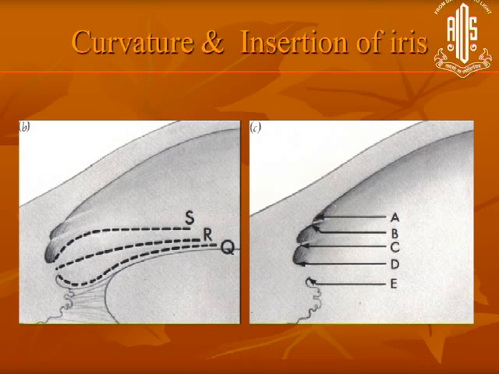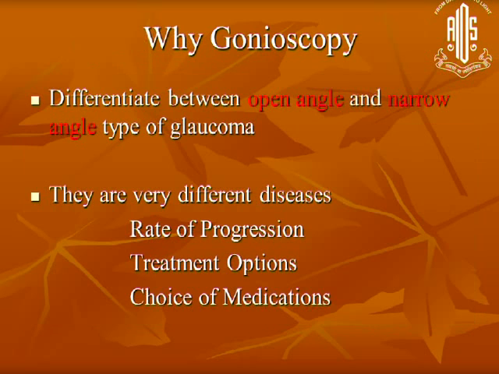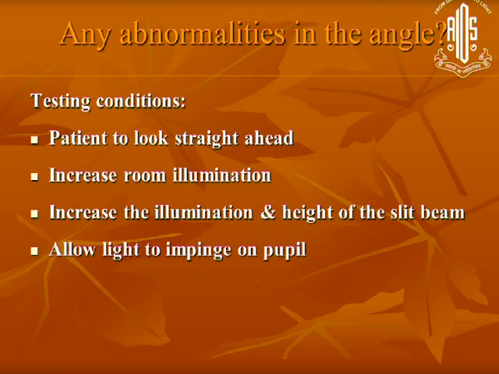And then you have to give a little thought to the peripheral iris, whether it is bulging forward, whether it is straight, or whether it is concave. So this is for doing the grading of the angles, which I am not going to go into in much detail. When you want to look at abnormalities in the angle, you want to artificially open the angle to the maximum level it can. So the patient keeps looking straight, but you increase the room light and increase the beam also. So the pupil will constrict a little bit and you will get more opening of the angle and you will be able to visualize things much better.